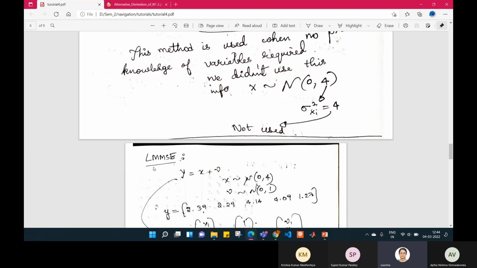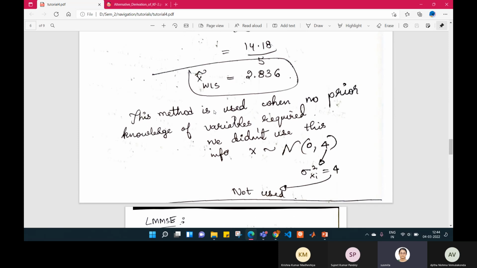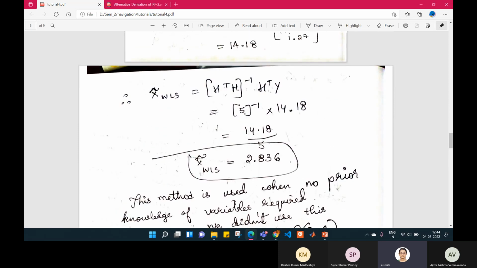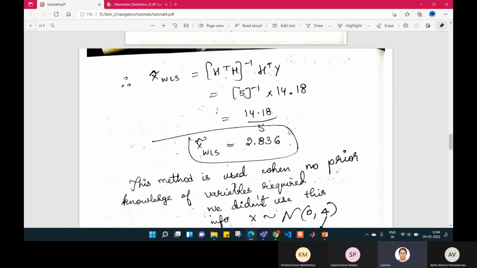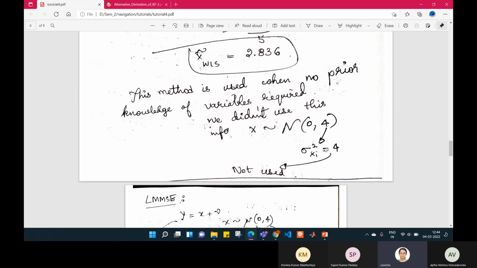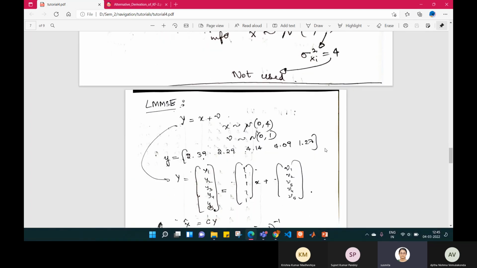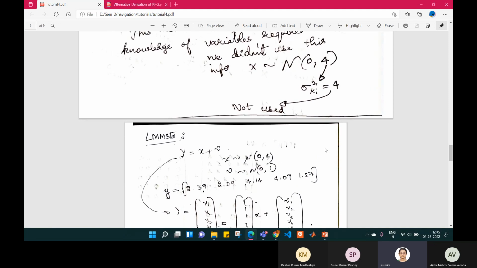Then the LMMSE method, the linear estimate method. You did not calculate the covariance. You should also calculate the error covariance, right? That formula was also derived in the class. Okay, ma'am, I'll do that. Whenever you find the estimate, you should also find the associated error covariance. That will tell you the quality of the estimate.